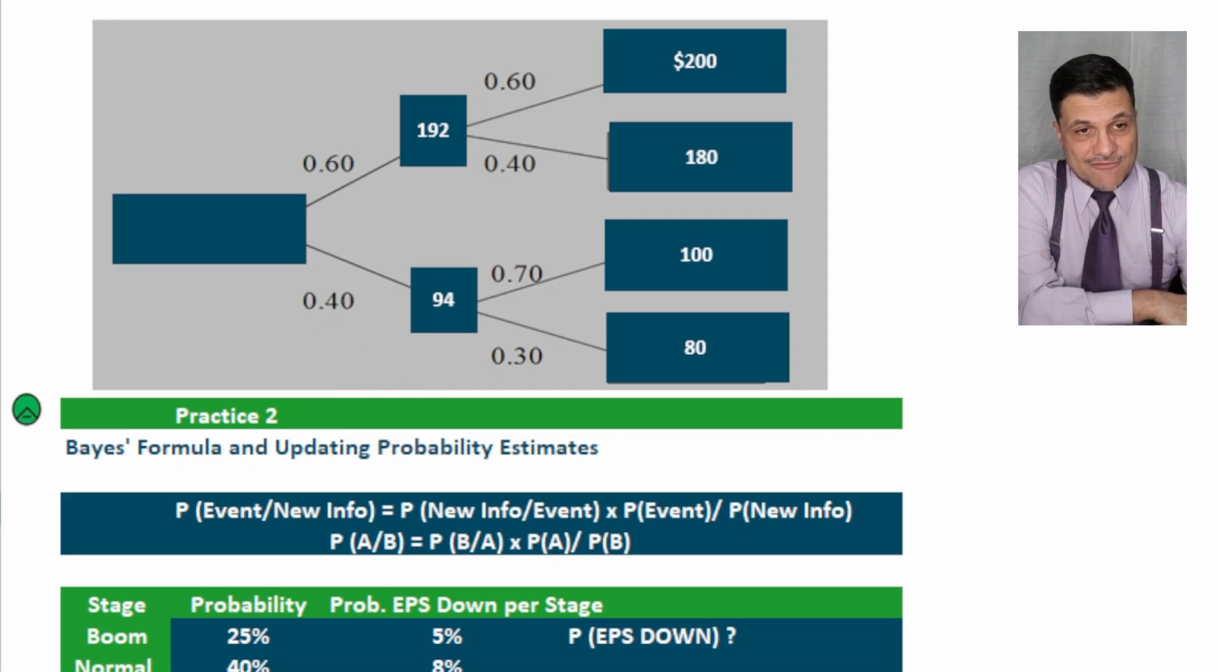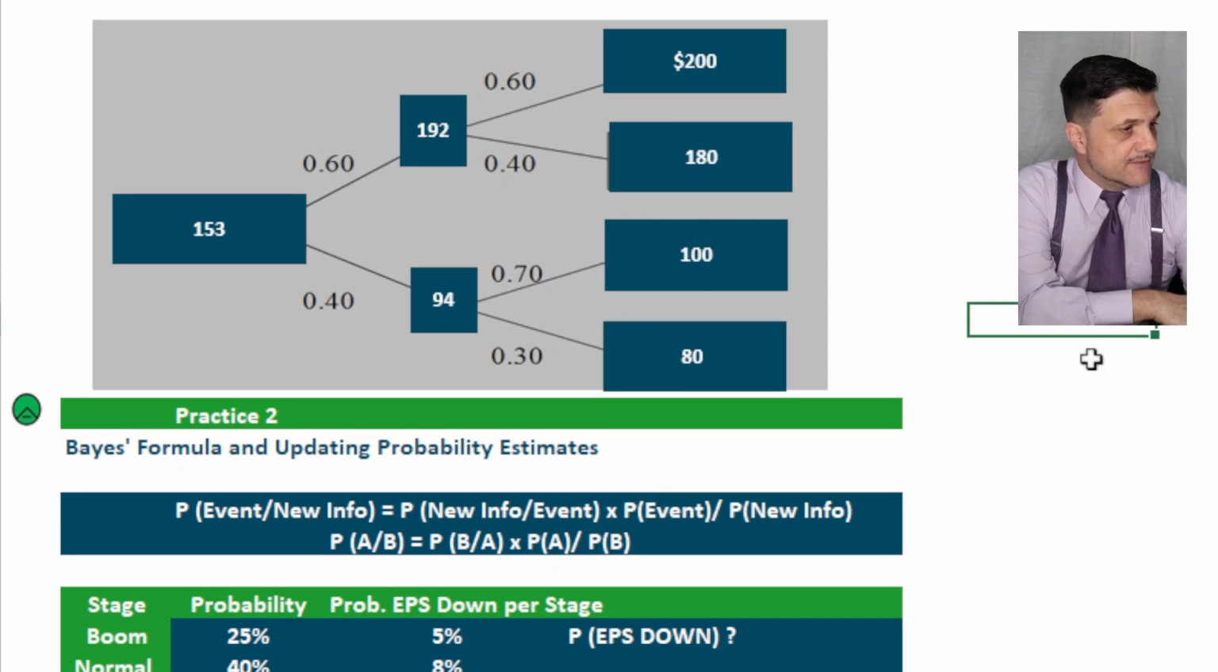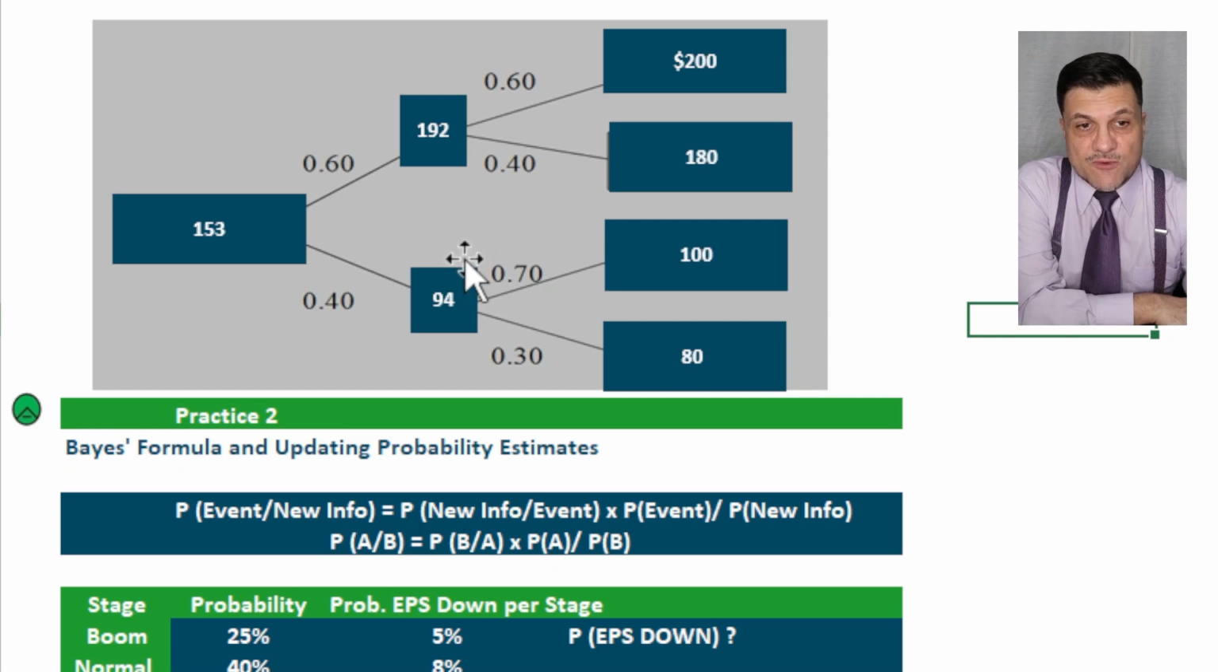You do the weighted average, and you get 153. There you go, put it there, and that will be the answer for this problem. Okay, an investment that gives the payoffs of 200, 180, 100, or 80 with those probabilities